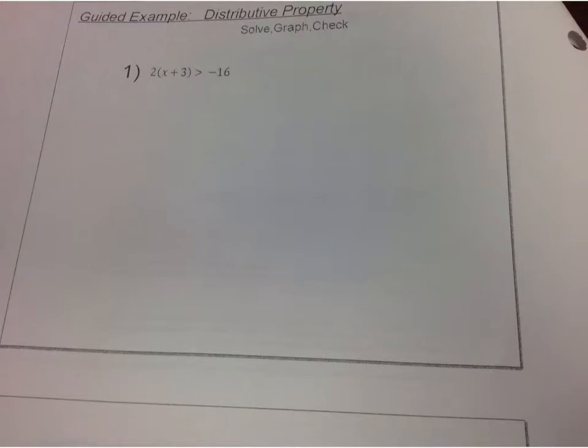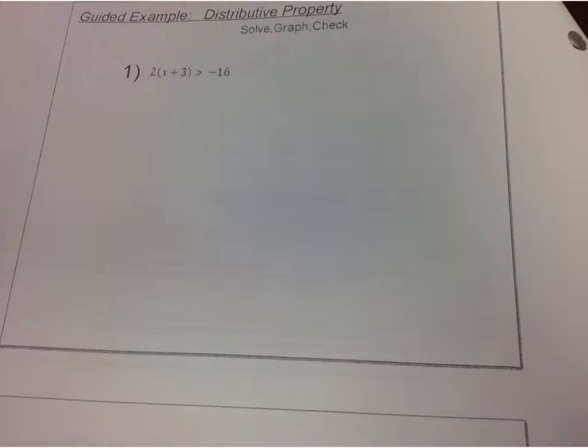Alright, so today's lesson is going to be again very similar to what we have been doing. This time it's just going to involve what they call multiple steps, so it might be more than two because sometimes we're going to have the distributive property. So just remember the distributive property, you can easily locate it within a problem if you see parentheses with a number right outside. So in this example, this just means 2 multiplied by everything within, so 2 times x and